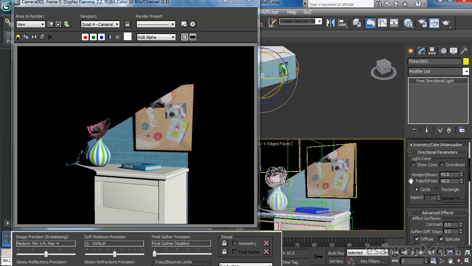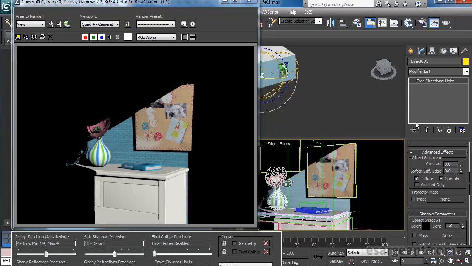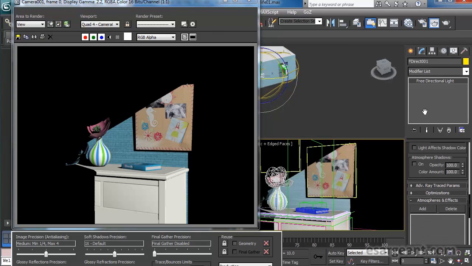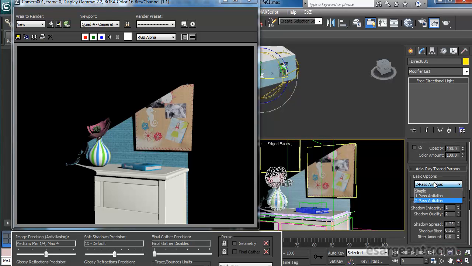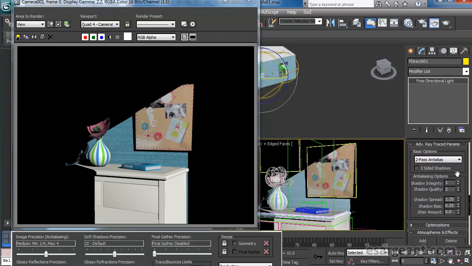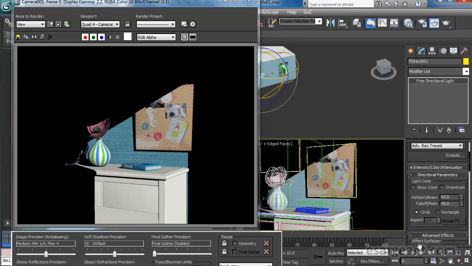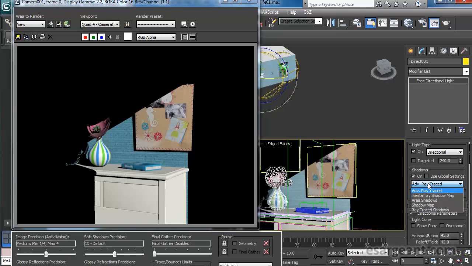So that's a shame, because if we come down to advanced shadow parameters, ray trace parameters, you'll notice that you have the option to do shadow spread, but unfortunately that's not going to work for us, so we'll have to step back to